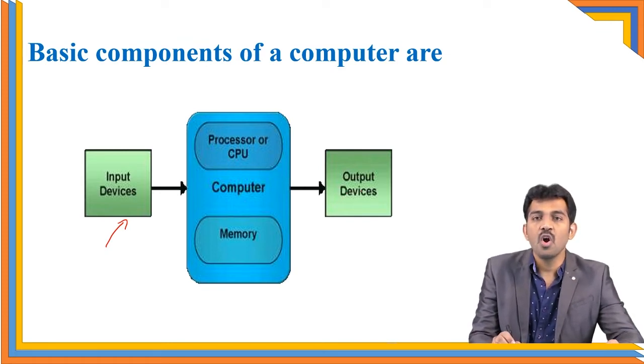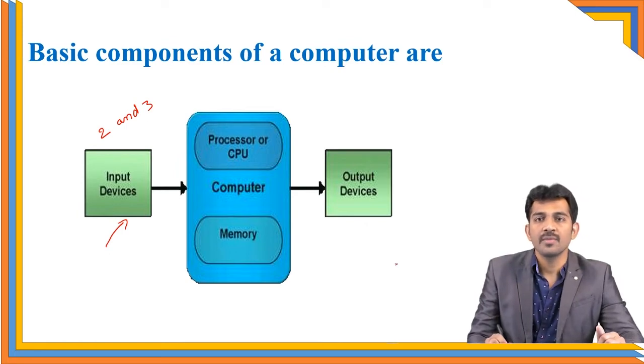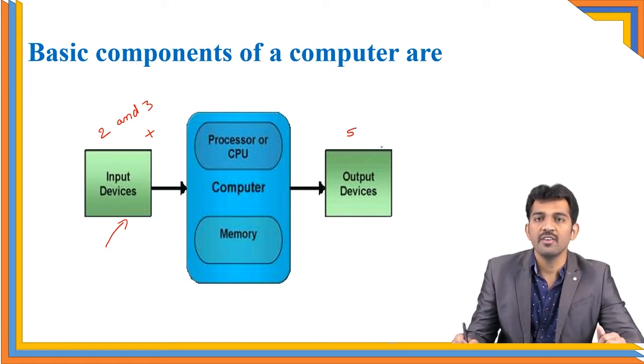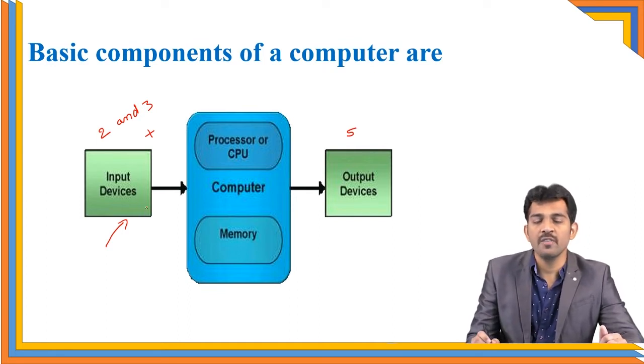For example, I want to know what is the addition of two numbers. See, 2 and 3 are the inputs, right? Here the CPU is going to process the addition of these two with the operator. This is the processing. After that, it is going to display the answer. Our output is 5 here, right? We have various types of input devices as well as output devices available. We'll see them one by one.